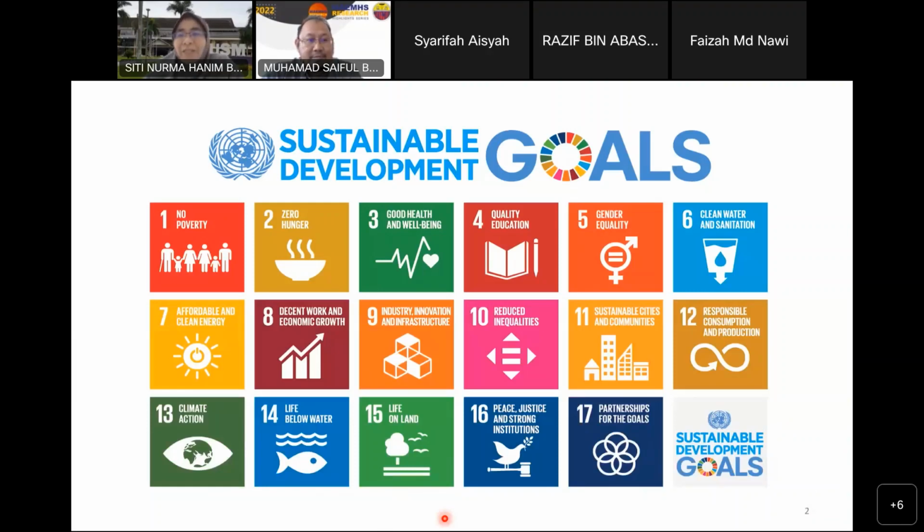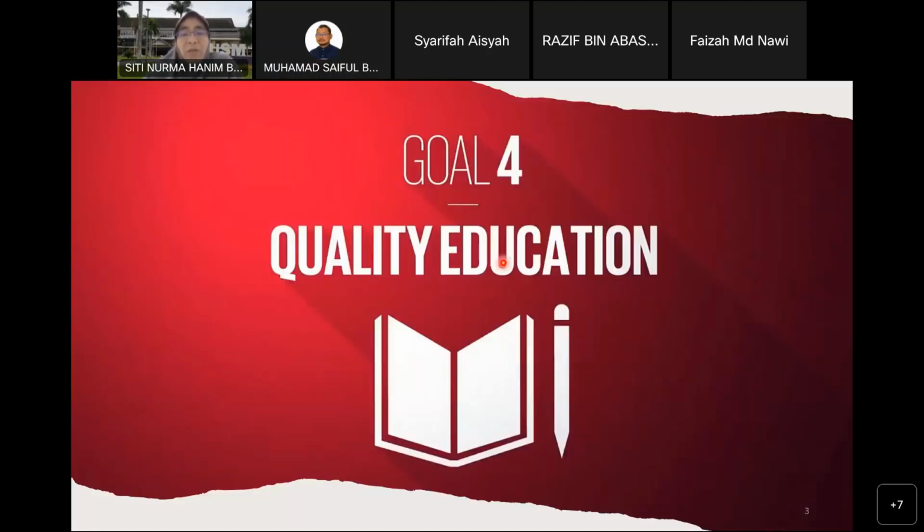Right, so this is SDG, Sustainable Development Goals. There are 17 Sustainable Development Goals that were developed by the United Nations in 2015. And these SDGs, they are interrelated with each other and they share a common aim, which is to produce a sustainable tomorrow for the world population. But I'm interested to explain more on SDG 4, which is quality education. All right, so the scope of quality education is more on inclusive education, equity in education, and also lifelong learning.